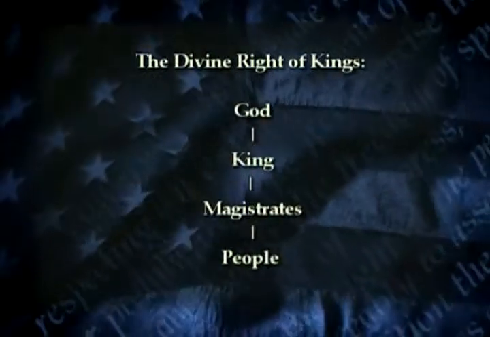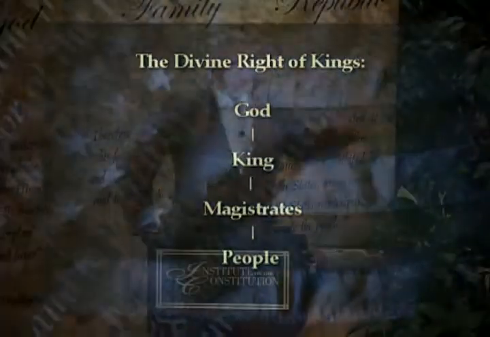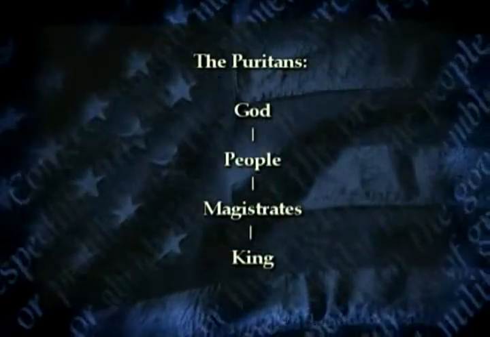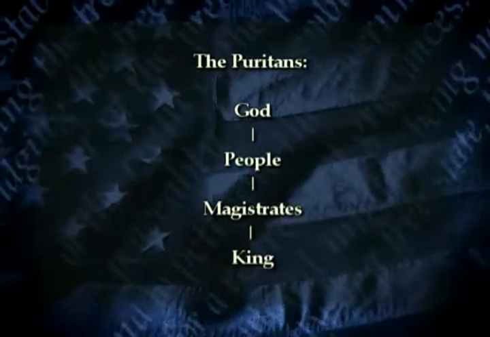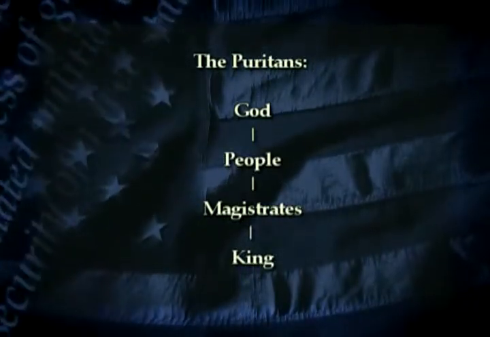believe strongly in the divine right of kings, by which they mean that all power comes from God. Now, the Puritans would agree with that part, that the power comes from God. It is delegated from God to the king, from the king to lesser magistrates, and from the lesser magistrates to the people. The Puritans in Parliament believe just as strongly that all power comes from God, but God delegates that power to the people. And the people establish the lesser magistrates, the earls and so on in the shires, and then the members of Parliament, and they in turn establish the king. And so the lines of authority are different.